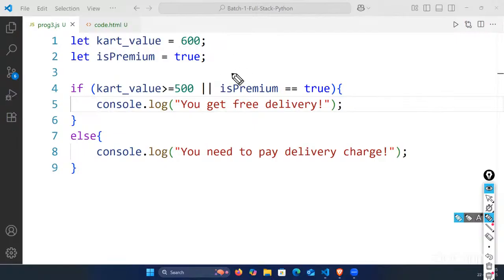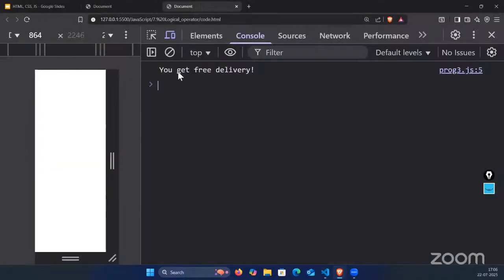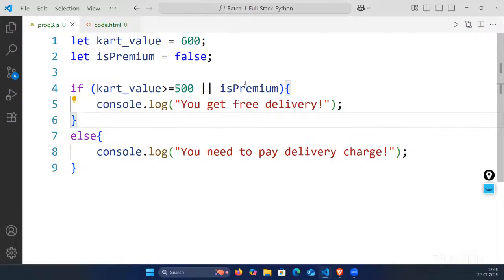Okay. So here, first, the value is true, right? Here the value is true, and you are comparing with true, right? So both are equal, right? So you will get the result as true. Fine. If you remove it also, there will be no issue because you already made it true. Next, you can also say false. Again, it will work perfectly. You got the free delivery. It will take a little time to digest, but it's simple,